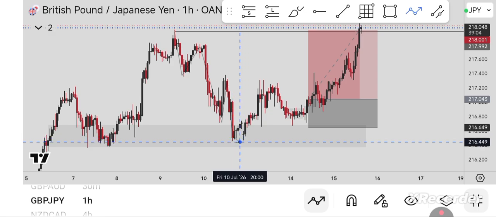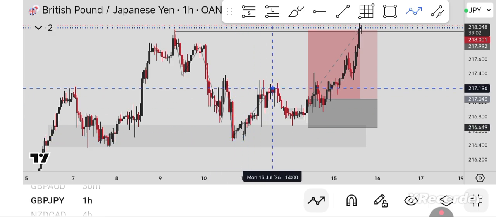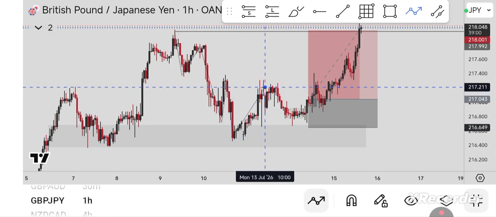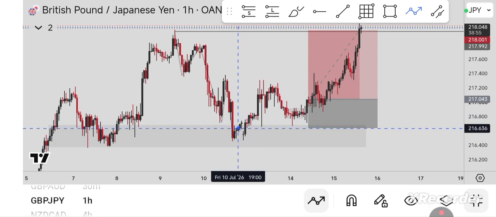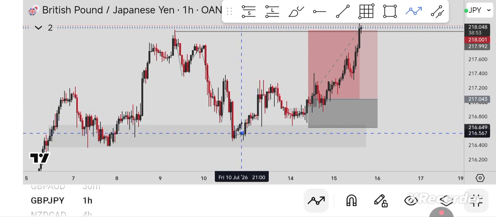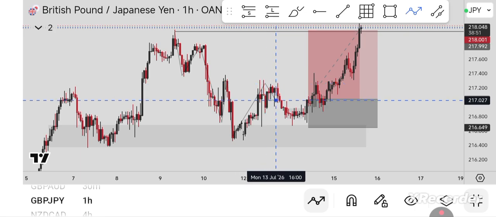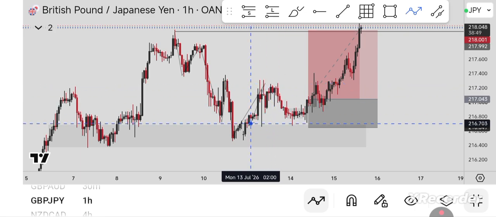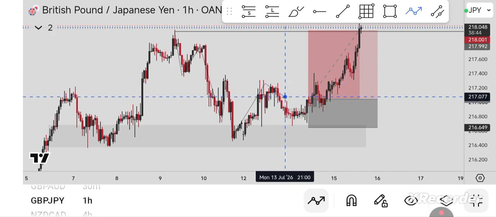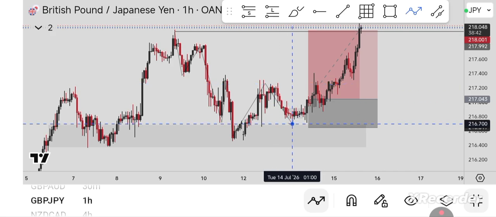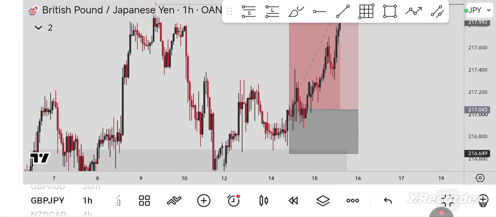From this low down to this place was Monday. On Monday I did not take any trade from here because the price action is very choppy. I don't trade this kind of market. From this low to this high is Monday, while from this high down to this low is Tuesday. So on Tuesday, when I came to the market,